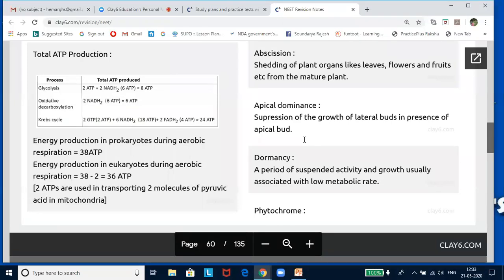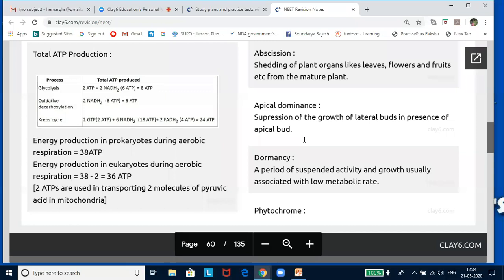In this process, an abscission layer is formed within the region of attachment. The middle lamella between certain cells in this layer is often digested by polysaccharide hydrolyzing enzymes such as cellulase and pectinase. Degenerative changes also occur, making the region become soft and weak. The organ is then simply detached from the plant due to the effect of heavy rainfall or wind, etc. Abscisic acid plays a very significant role in this process.